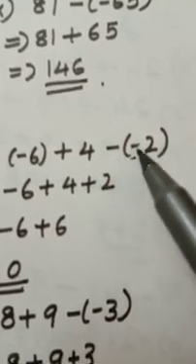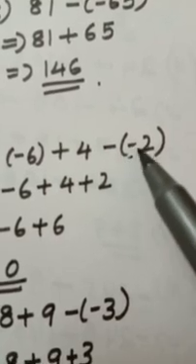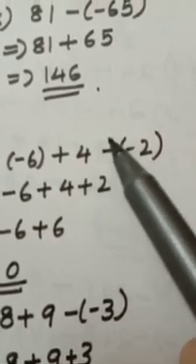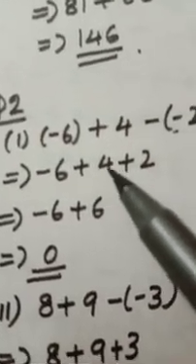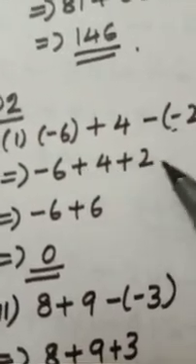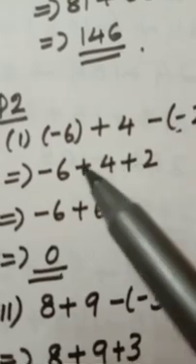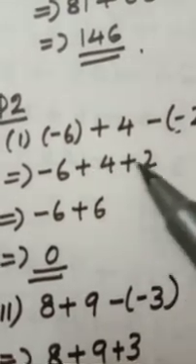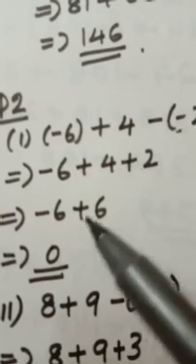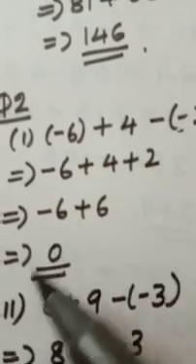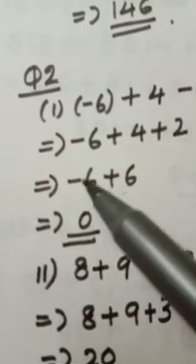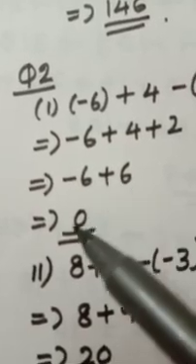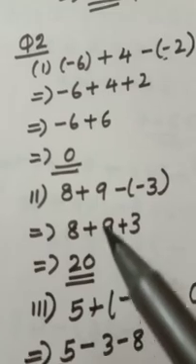Then see, two signs are coming together, then the same sign will convert to positive. Now same sign, you have to add up and put a common sign. Here plus 4 plus 2. So same sign, you have to add it and put a common sign. 4 plus 2, 6. Common sign is plus. Minus 6 plus 6, 0. Different sign, you have to subtract and put the bigger number's sign. 0 has no sign at all.